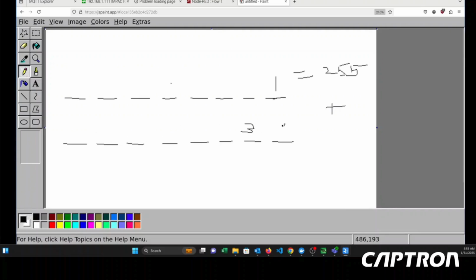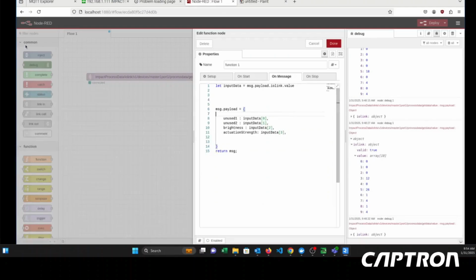So I have 36, or sorry, this is not a byte representation. Let's say I have, this would be 7. So I have 255 plus 7. Let's say this is a 2, it'd be 255 times 2. So to represent that in decimal on the node red side, we have to do a little math, a little bit shifting. Actually, I'm sorry, we don't have to do bit shifting. We just need to multiply the